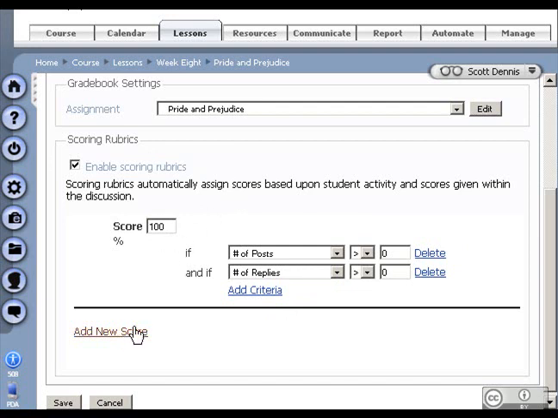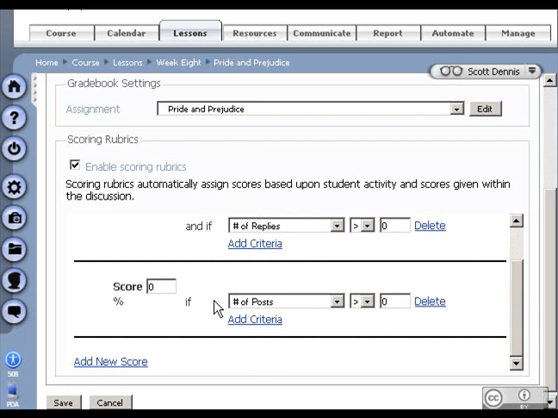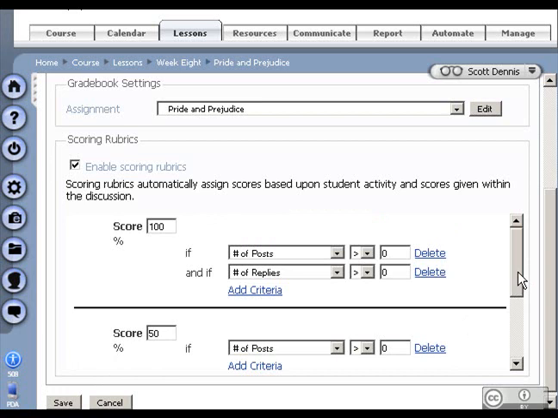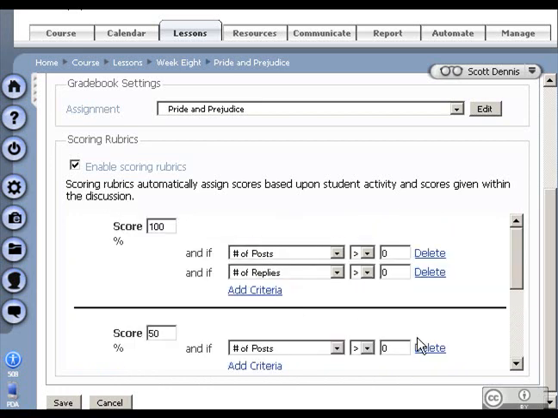Now I can set multiple scores for the rubrics. I can have a second one that says if they make one posting, postings are greater than 0, maybe they should get 50% of the points. And maybe I can set multiple scenarios. For instance, if I add a third new score, I could say let them also get 75% if the number of posts is greater than 0 and they have